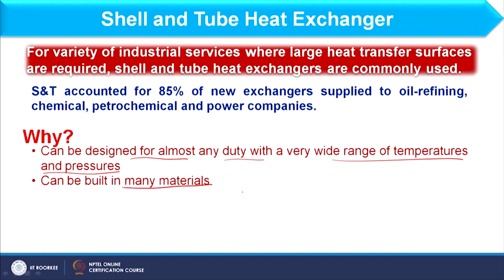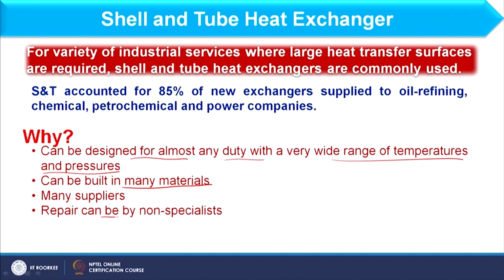Okay. Next, it can be built in many materials. Okay. So, the materials of construction which are used to make shell and tube heat exchanger are very large in number. Okay. Different steels are used and other materials can also be used. Okay. Another reason is it has many suppliers. Okay. If you have to check the suppliers, you have to put shell and tube heat exchanger in India Mart, and then you will be tired of getting different calls from the suppliers. Okay. So, from that you can get the idea that suppliers of shell and tube heat exchangers are very many. Okay. And the next point is repair can be done by non-specialists,